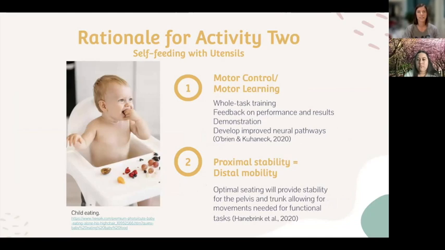Our second activity is a self-feeding activity with utensils. We're incorporating motor control and motor learning concepts in this, which includes stuff like whole task training, feedback on performance and results, demonstration of the task. And through all of these things, it's said that it can help develop improved neural pathways and help the child learn those